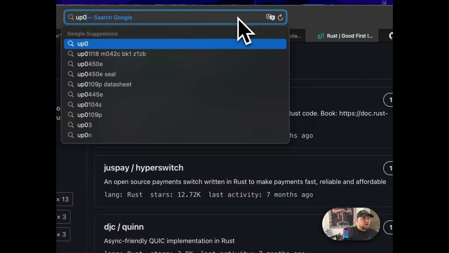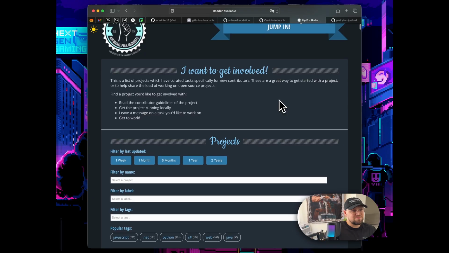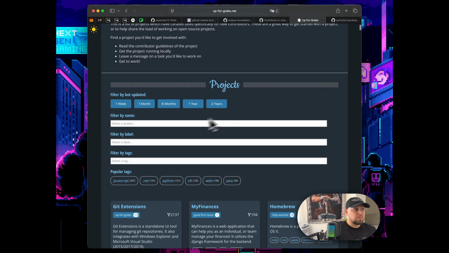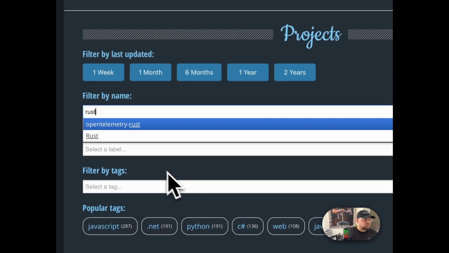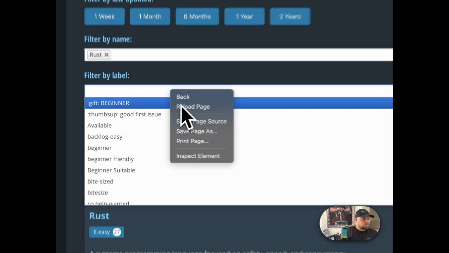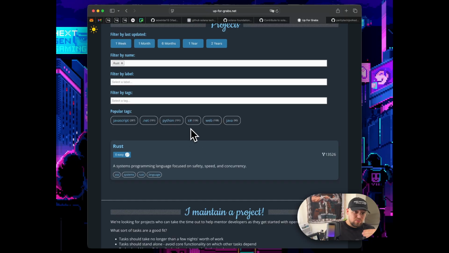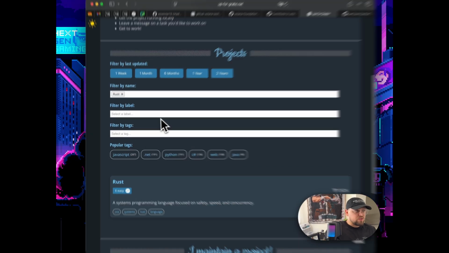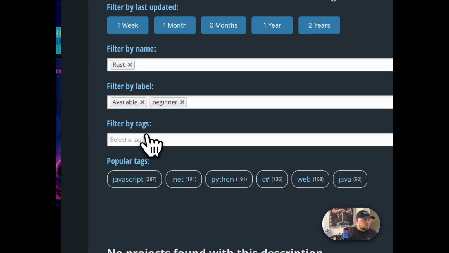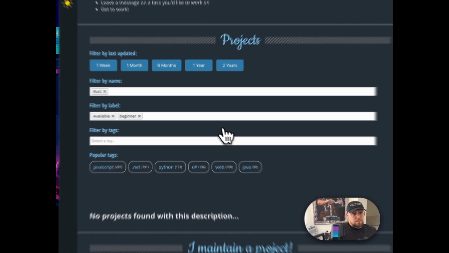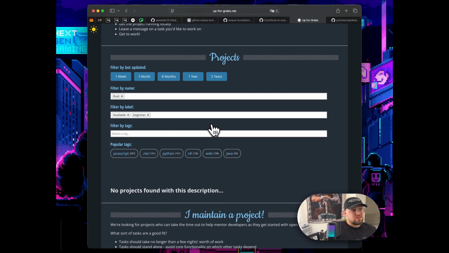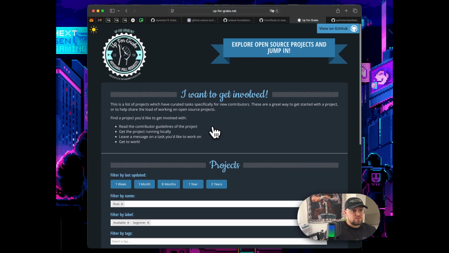The next one is appforgrabs.net. To be honest, the design is a bit outdated, but the functionality is quite good. We can manually filter by name with multiple tags. Do we have anything related to Rust? Yeah, we have Rust and only one repo, but still, we have this tag. Okay, it's not very useful, but still, while not being directly related to blockchain in general, it maintains great functionality.